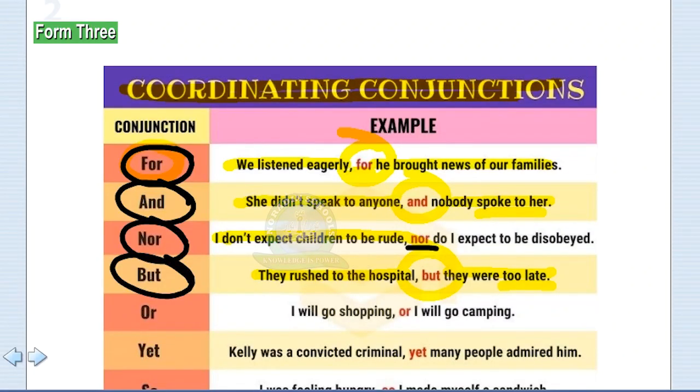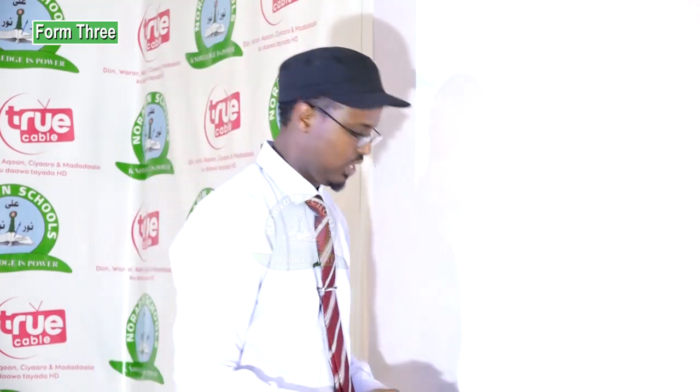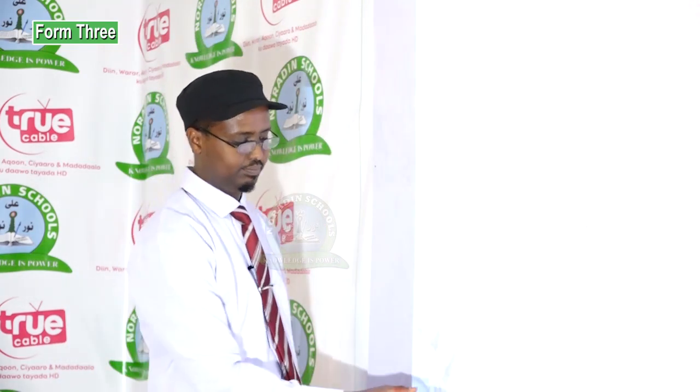What about if I say, they rushed to the hospital, they were too late? In some cases, when we are writing, we use punctuation marks as a conjunction, but when we are speaking, it's very necessary to use conjunctions, my dear. So here we got